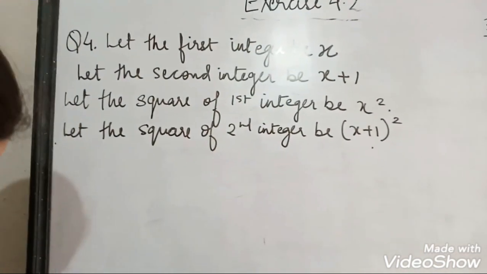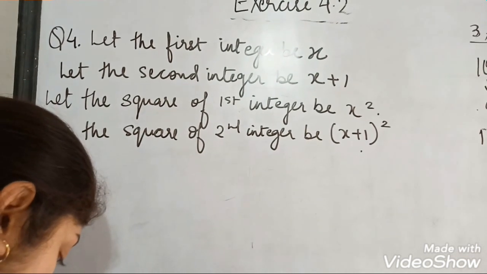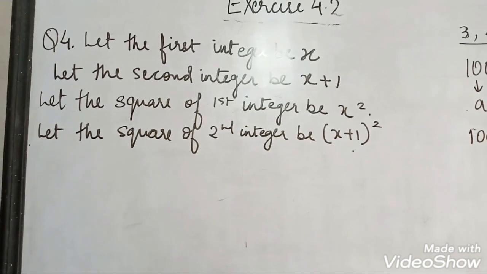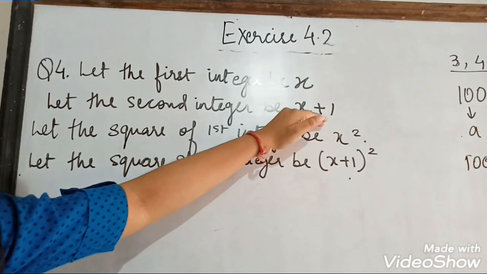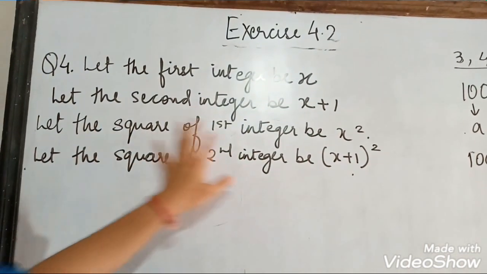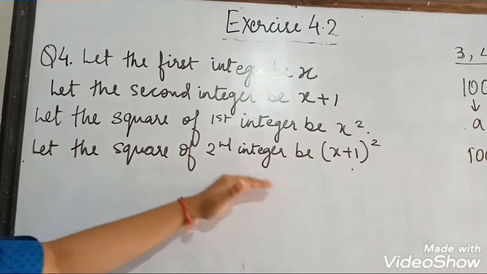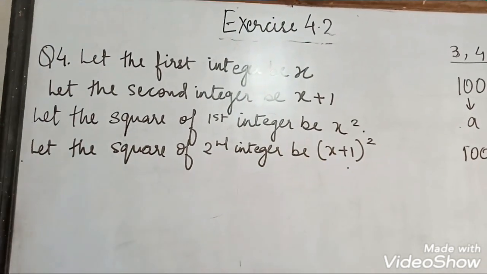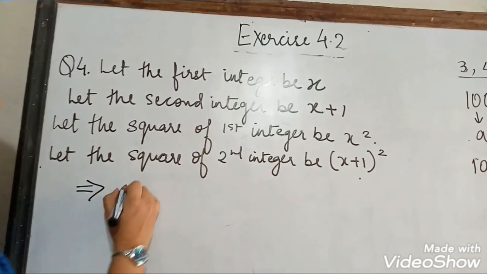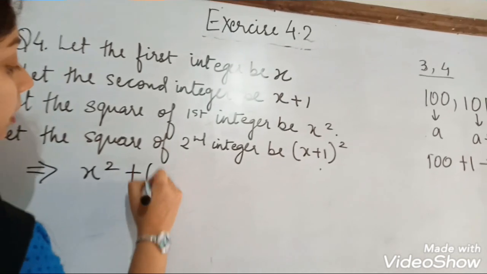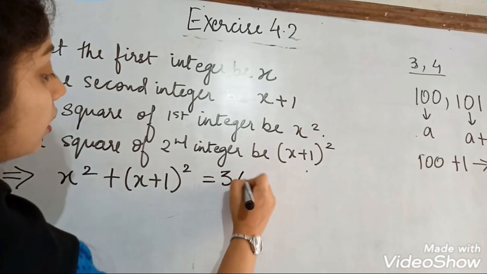Now in the question they are saying we have to find the two consecutive positive integers, sum of whose squares. So we have to square the first integer as well as the second integer, isn't it? Let the square of the first integer be x square. Let the square of the second integer be x plus 1 whole square, whose addition will give you the number 365. So let us add it. This will be x square plus x plus 1 whole square equals to 365.